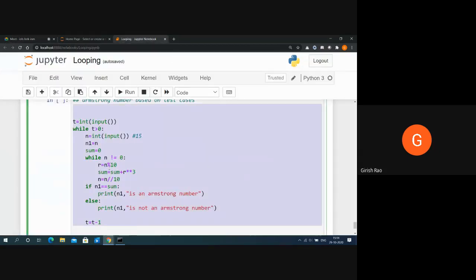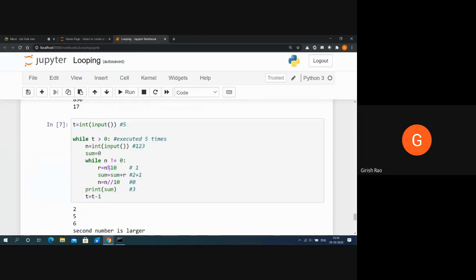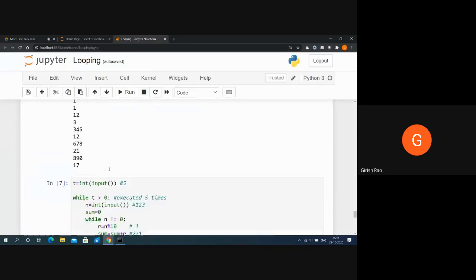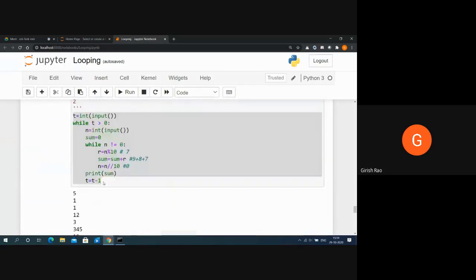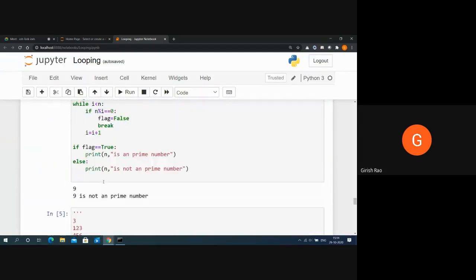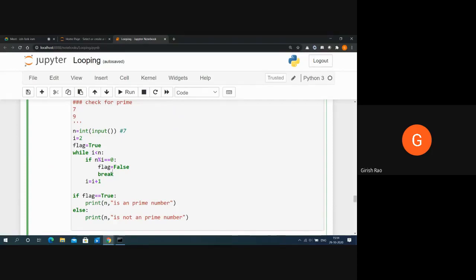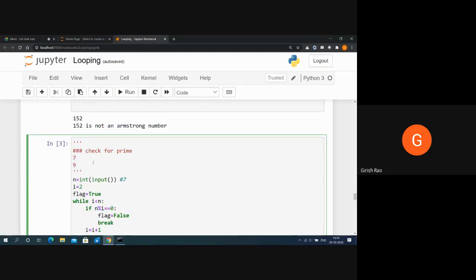Okay, now let's take the prime number into consideration. Where is the prime number? I guess it must be somewhere over here. Yeah. Now this is a prime number. So if this was also changed and they told you have to accept n number of numbers and check whether it's a prime number or not, how are we going to do it?